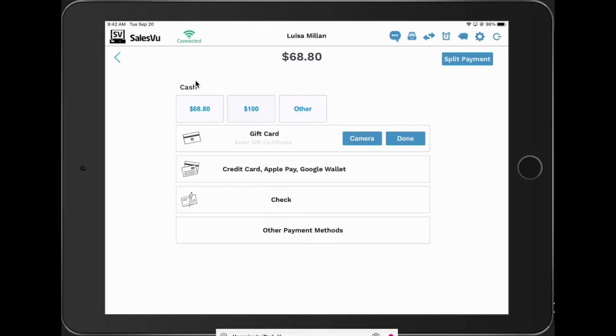Or in this case, if your customers use the gift cards by Tessitura, which is another part of our integration, they can simply use the camera and pay with the gift card. So that's the example that we're gonna do right now. So we're gonna tap on the camera, or you can actually simply type it, right? So